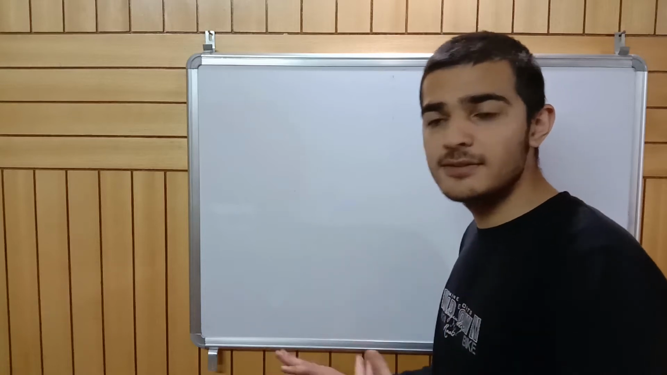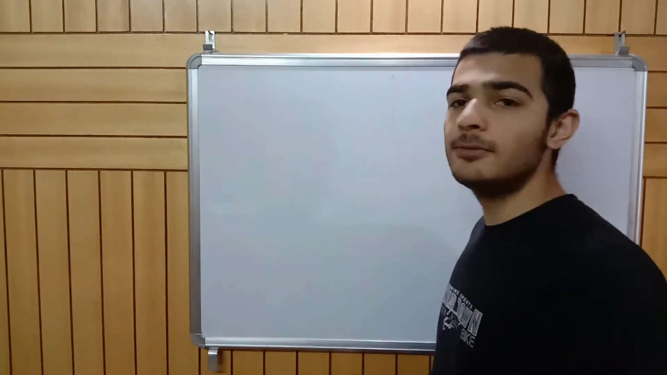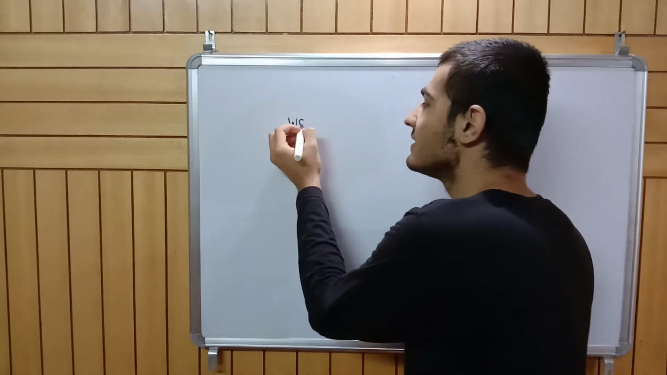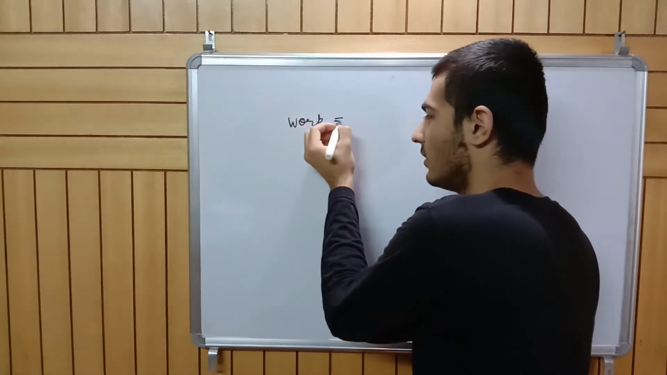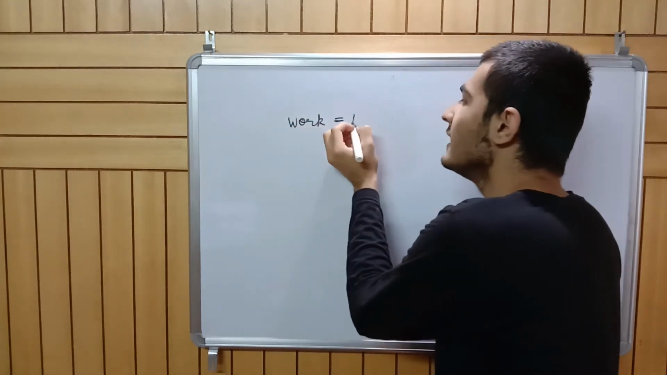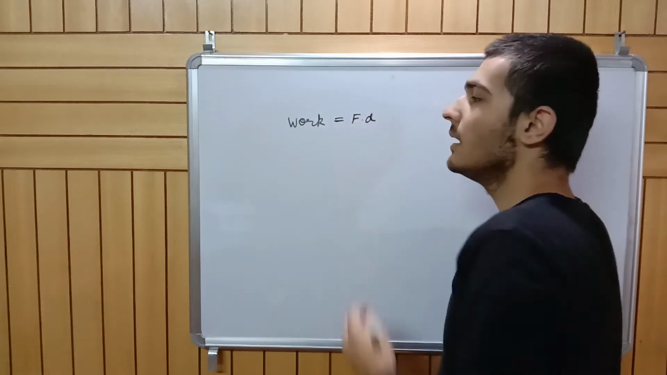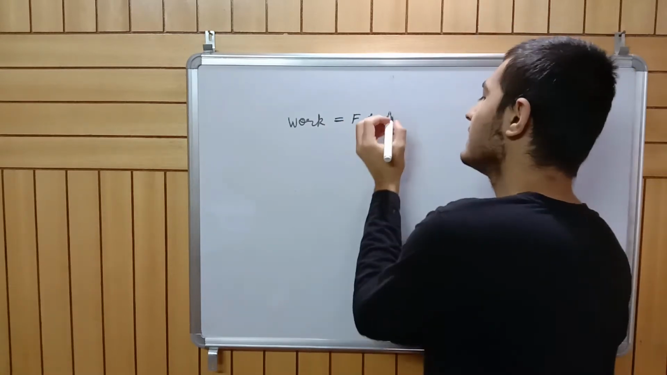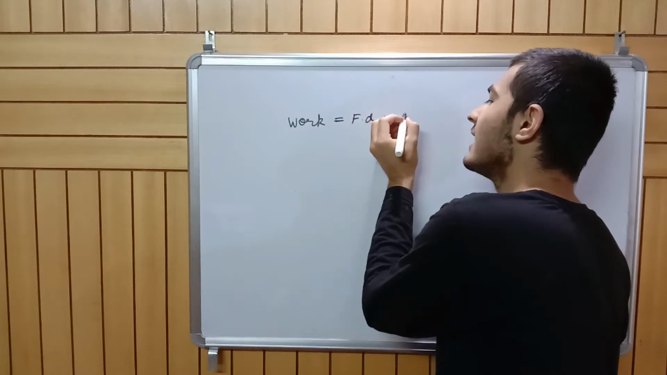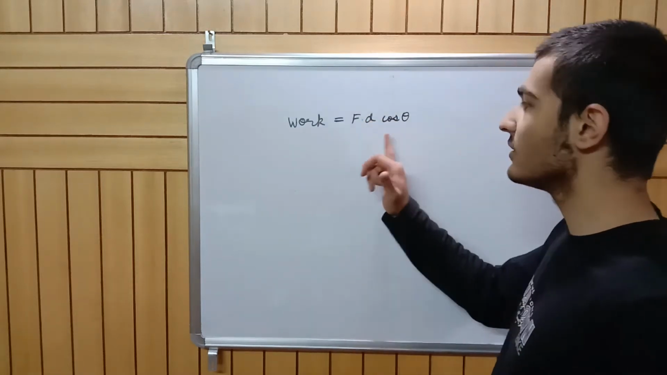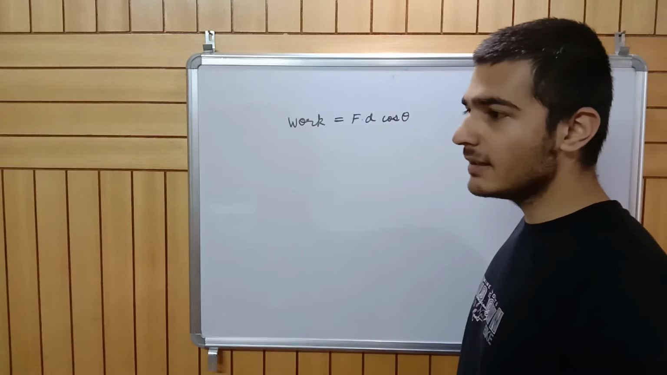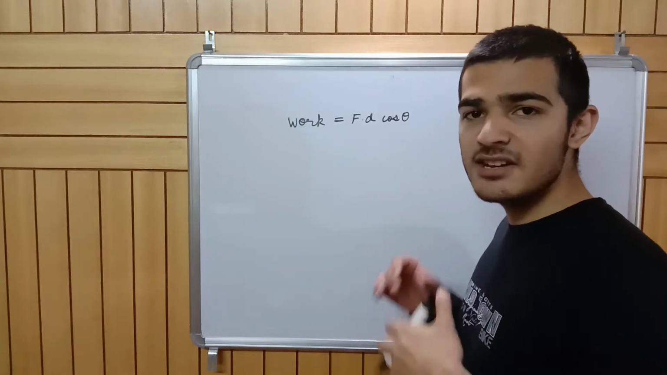Okay, so in the previous video, we've seen that work is not only the force times displacement, but we also have one more factor, which is the cosine of the angle between them. So cos theta is also one of the factors, and this actually leads us to a very general concept